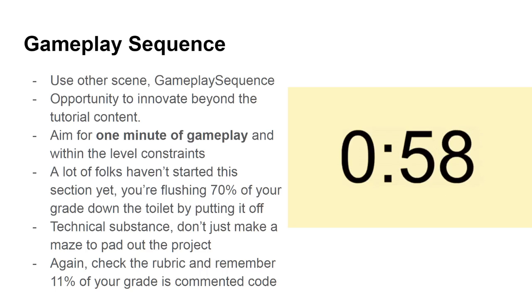We've equipped you with knowledge as part of the tutorial exercises. We've given you a bunch of knowledge and information. It's now your opportunity to take that information and innovate beyond what was covered in the tutorials. So, whether it's taking the elements that were covered in the tutorials and finding compelling ways to integrate them. What I don't mean by that is just using the same elements and just plonking them in the scene. What I mean by that is,